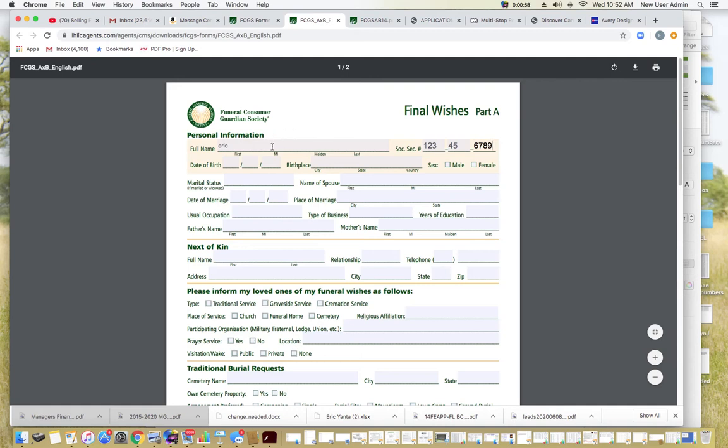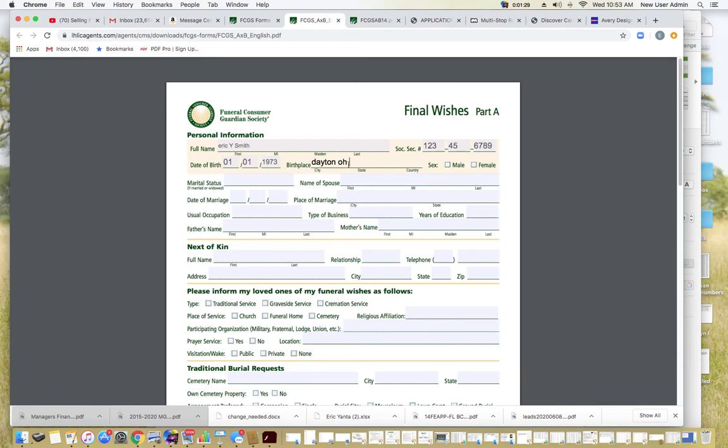Form A and B. So this form's pretty simple. They do have an 800 number they can call to help them fill it out. So Eric is on here. Your middle initial, mine is Y, last name is Smith. Put your full name on there, date of birth, 01/01/1973, your birthplace, and this is all optional, you guys, all optional. So they don't have to fill it out, but for those who do, make sure they just put their date,